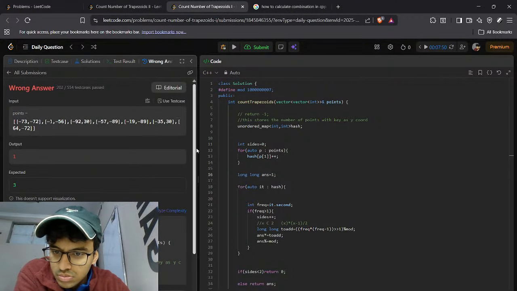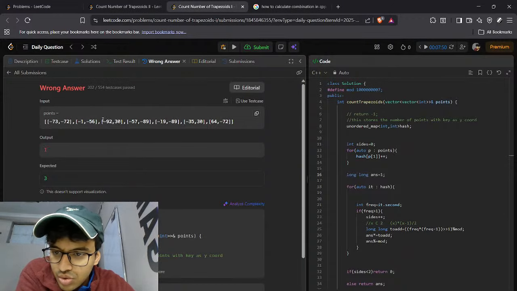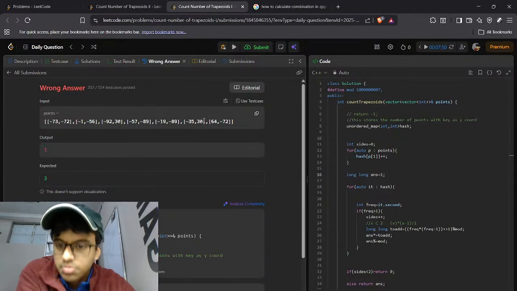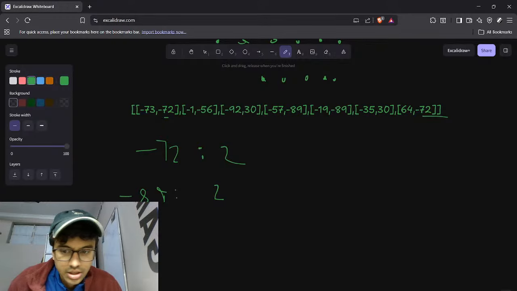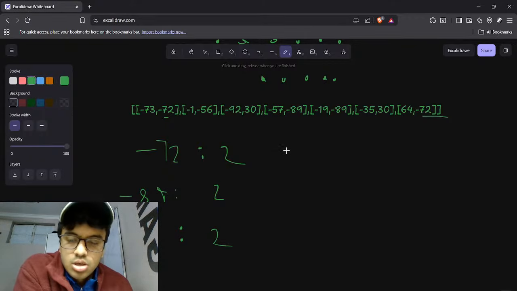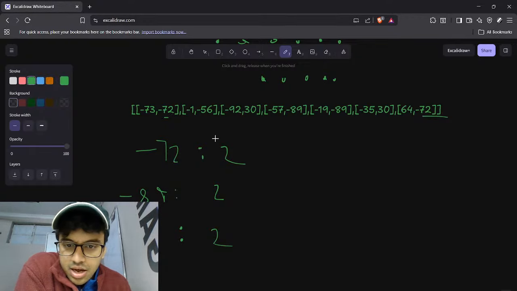-72, सो इट्स -72 पे दो, -89 पे दो, 30 और 30 पे भी तो है, हाँ ओके, 30 एंड 30 पे भी तो है, 30 पे भी है, 30 एंड 30, where is it breaking then? 30 पे भी एक दो, oh okay, I think I have a clue where it is failing. हम्म,